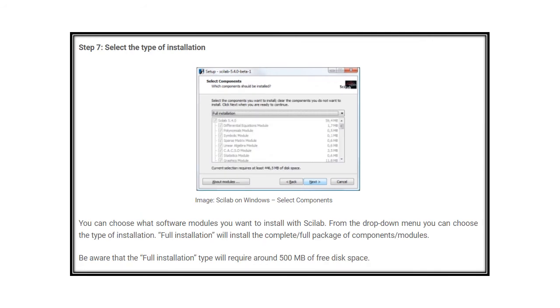Here it will ask you for the type of installation, whether you want full installation or partial. Here I am telling you to choose only full installation. It occupies 500 MB of space, so better you choose full installation itself. Okay,